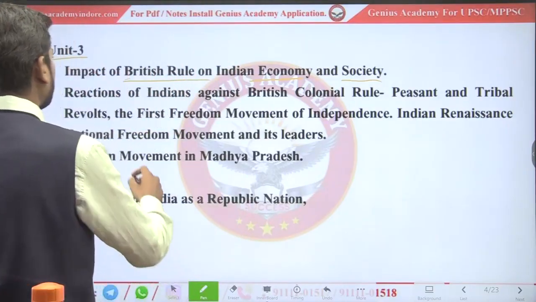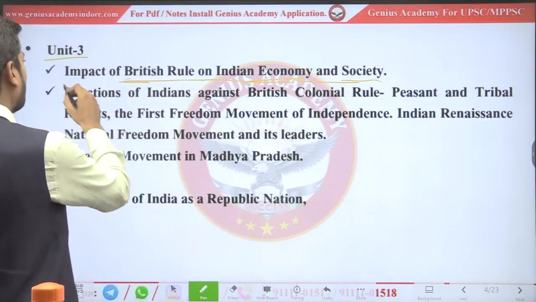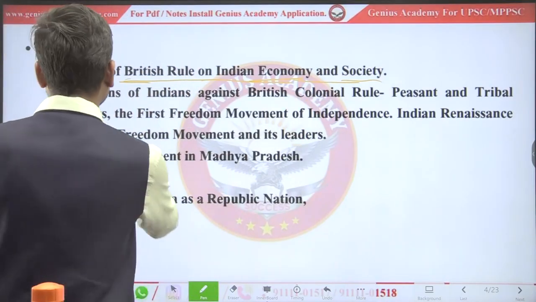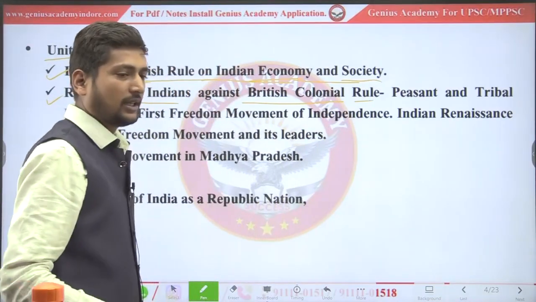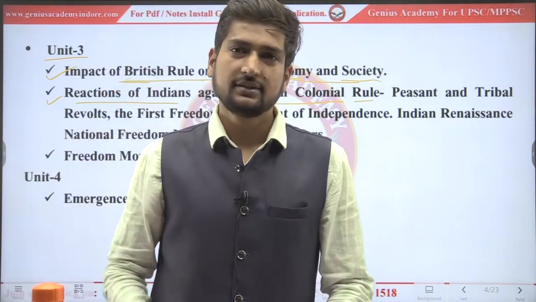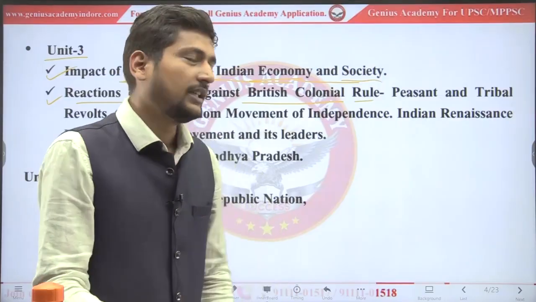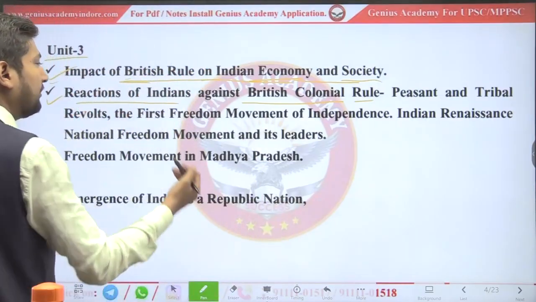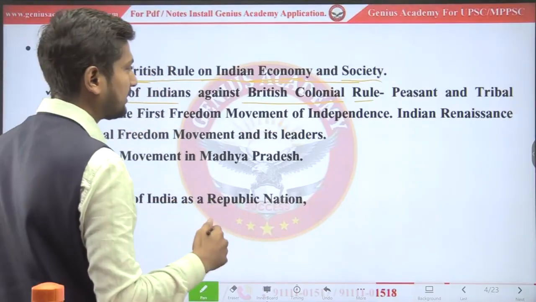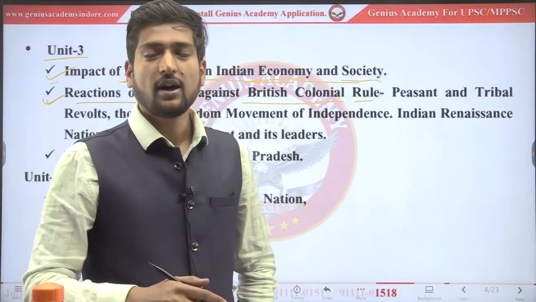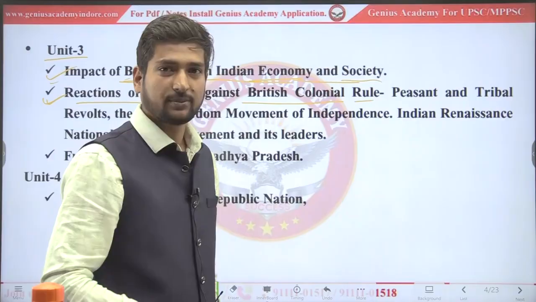government introduced, we should know our history, so MPPSC introduced this syllabus. Reaction of Indians against British colonial rule, in every sector at that period of time. See, in this syllabus, when Britishers came to India, and in this point, you will see what steps Indians took against their enforcement.